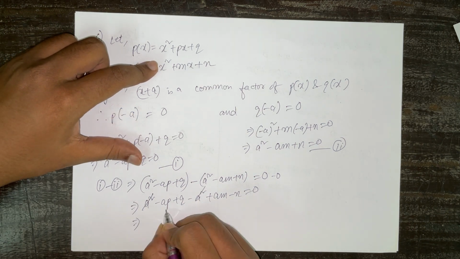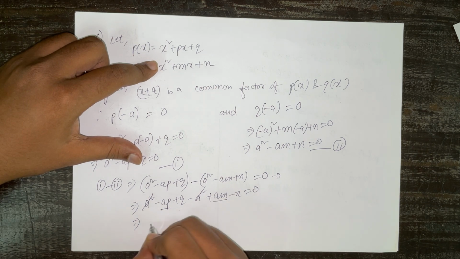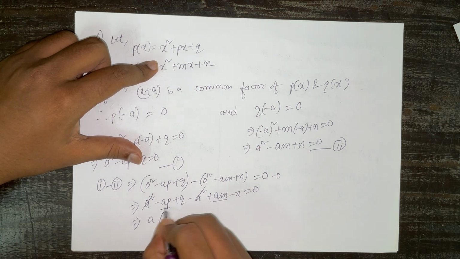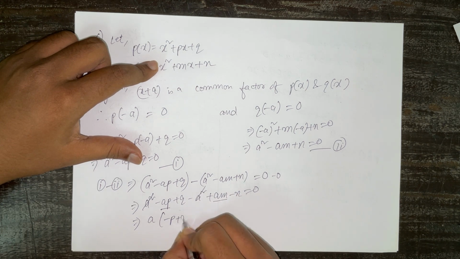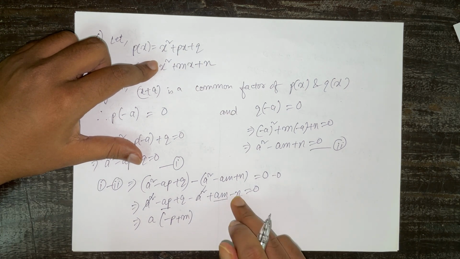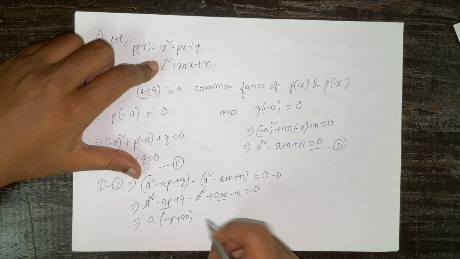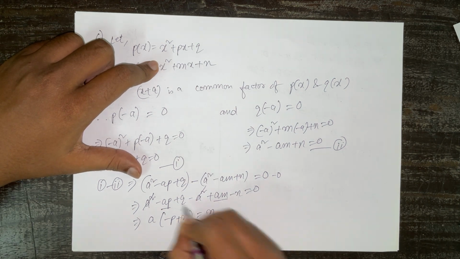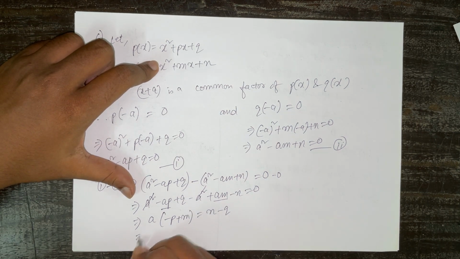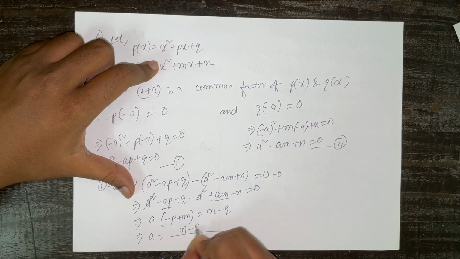From here, ap and am, we can take a as common. If we take a common, we are going to get minus p plus m. And if we do the side change of n and q, we are going to get plus n, and q is going to be minus q. So a will be equal to n minus q by